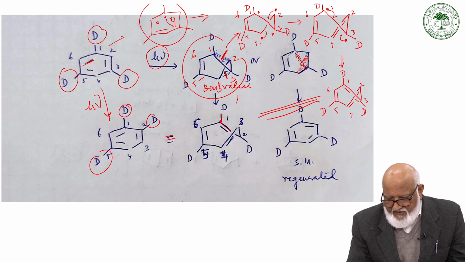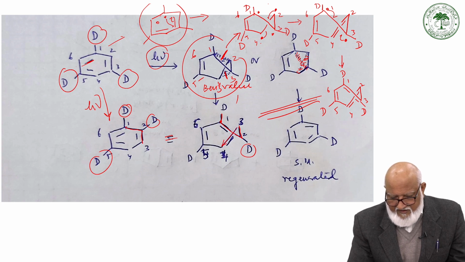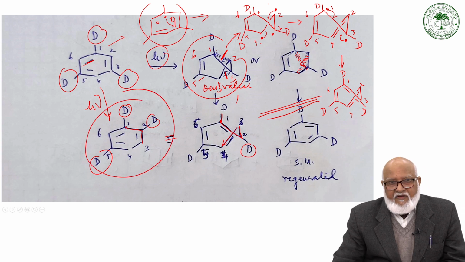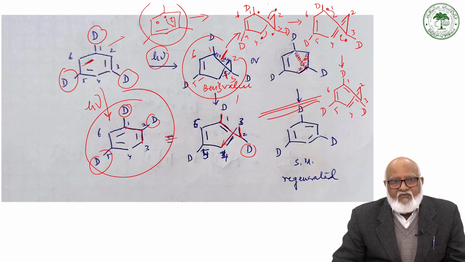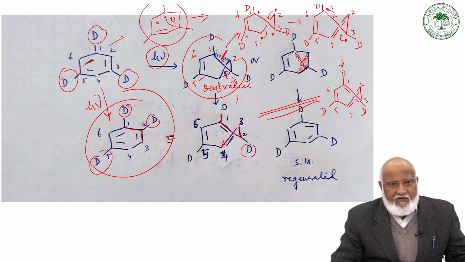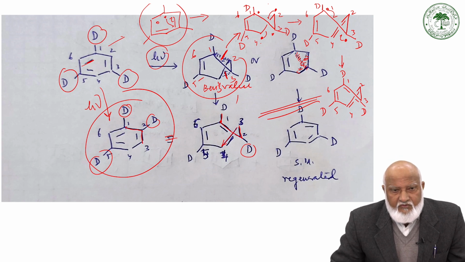There is a deuterium at 2 and then 3, going to 4, and then to 5 and 6. So this is how you can see that the phototransformation of substituted 1,3,5-trideuterium benzene is going to 1,2,5